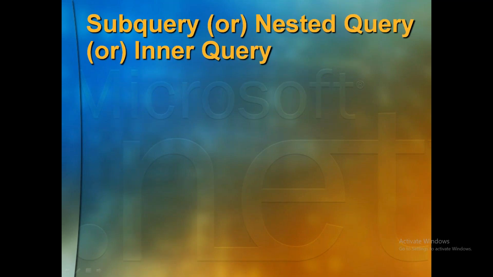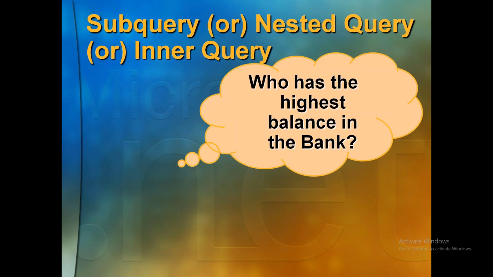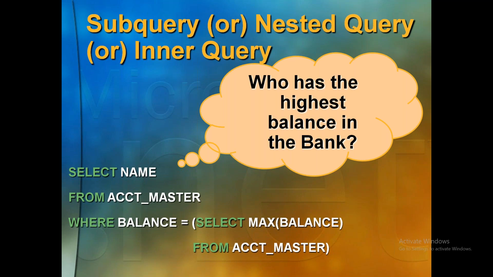We had seen, right? A subquery is called a nested query or inner query. Who has the highest balance in the bank? However you try this query, you will not be able to get the answer. You must write a query inside one more query. So which query will get executed first? Is it the outer query or the inner query? The inner query will get executed first, and the result will get substituted in the outer query, then finally the outer query